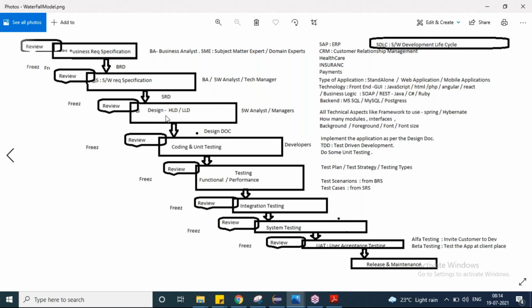And technically speaking, there will be some frameworks, right? If you're going with Java as your technology, there are something called Spring and Hibernate concepts and something called Spring Boot, and those kind of frameworks have to be implemented. Now the technical team will decide for each module what frameworks they're going to use and how the modules have to be implemented.